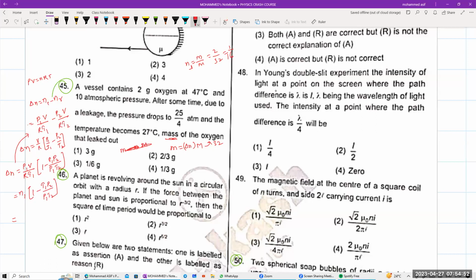तो N1 की वैल्यू दे रखा है प्रॉब्लम में, 1 by 16। थोड़ा कैलकुलेटिव पार्ट है बेटा, लेंथी है लेकिन टफनेस के अंदर आ जाएगा। 1 माइनस T1 की वैल्यू कितनी दे रखा है, 320। P2 की वैल्यू राइट नाउ फॉर मी 25 डिवाइडेड बाय 4, और P1 का प्रेशर 10 atmospheric pressure, यानी 10 into 10 to the power of 5, and 27 degrees Celsius, another one is 47, यानी this will be equal to T1, P2 आ गया, T2 will be equal to your